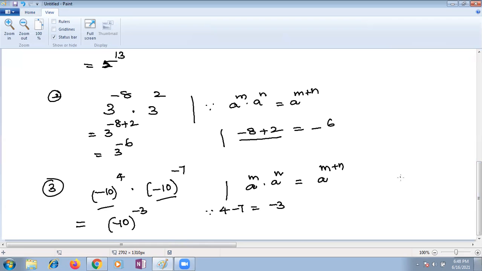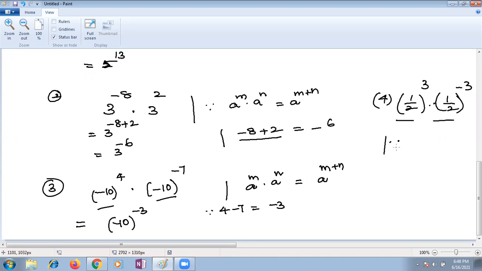Next question for Sai Kartikeya. Yes, ma'am. Kartikeya, are you there in the room? Yes, ma'am. My question is 1 by 2 whole to the power 3 and 1 by 2 whole to the power minus 3. What is the base here? First of all, you tell me. Ma'am, 1 by 2. Very good. Are the bases same? Yes, ma'am. Is it multiplication? Yes, ma'am.